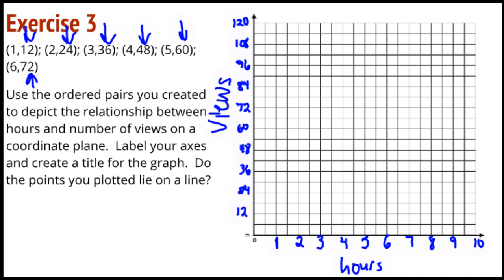And I'm supposed to put my ordered pairs on here. So (1, 12), and (2, 24), and (3, 36). And at this point, I notice I've got a pattern of going up 2, over 2, up 2, over 2, up 2, over 2, up 2, over 2. And I can double check as I go. 5 lines up with the 60, over 2, oh, so up 2, over 2, and the 6 lines up with 72,